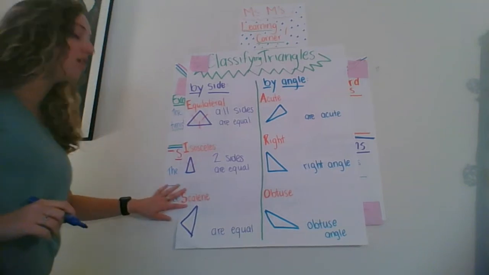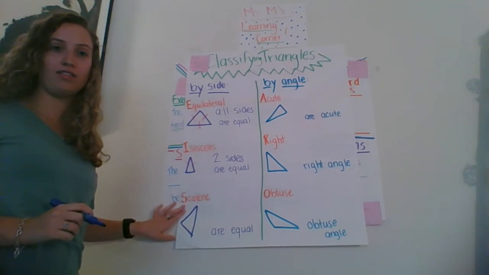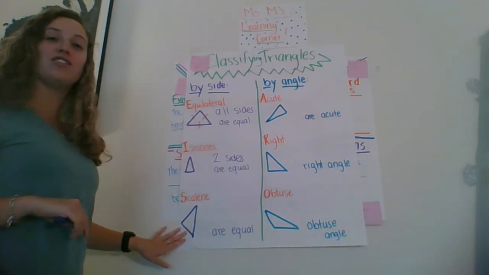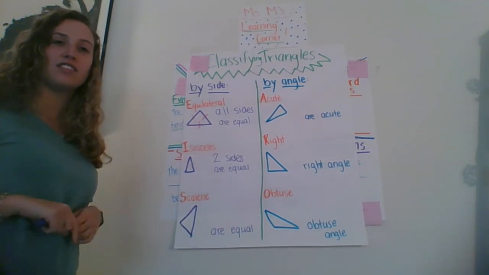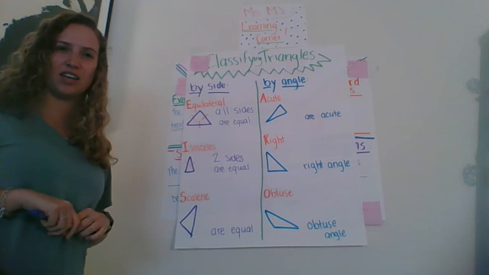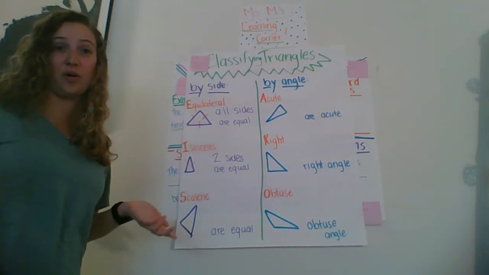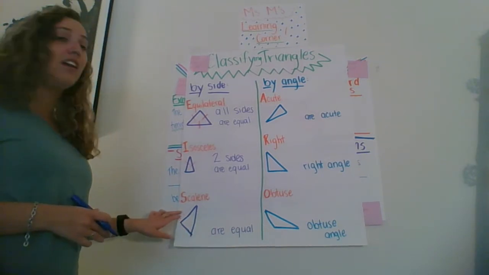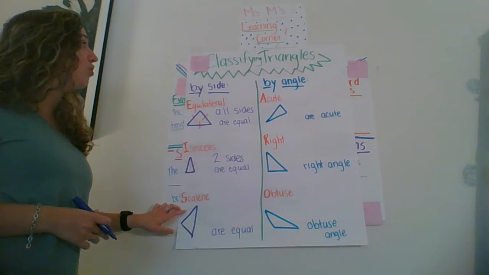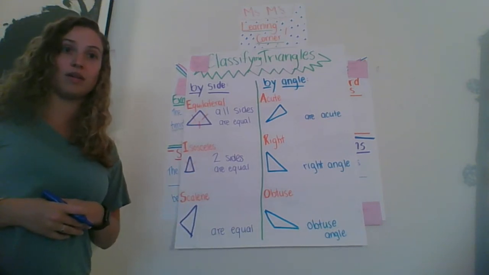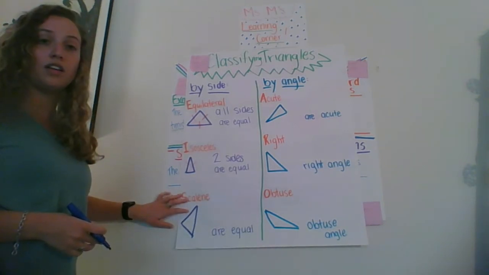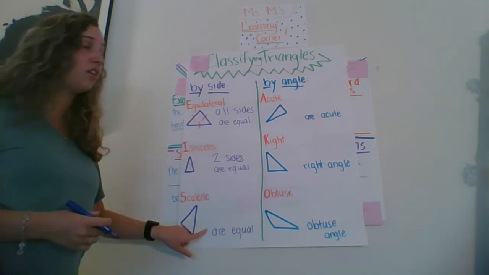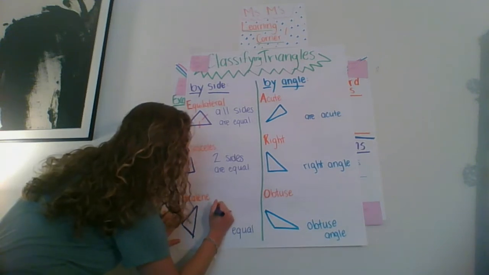And lastly, we have our scalene triangle. Scalene just sounds kind of funky, doesn't it? In our scalene triangle, if you look at this picture, do you see any sides that are the same length? I know I don't. And that's exactly what a scalene triangle is. In a scalene triangle, no sides are the same length. So side 1 is a different length than side 2, which is a different length than side 3. So we're going to write